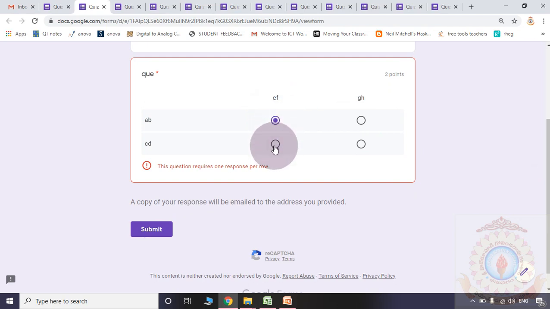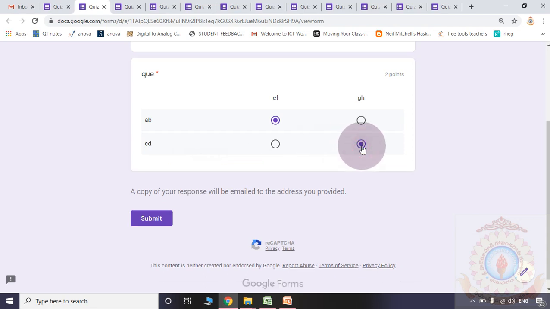I selected EF, but I don't want to show the answer here. But this is giving a reminder to me: this question requires one response per row, please observe. Then I need to select compulsory.